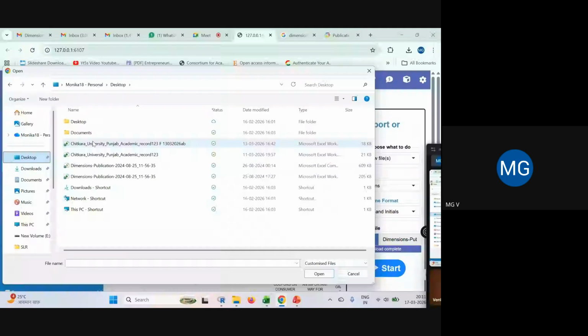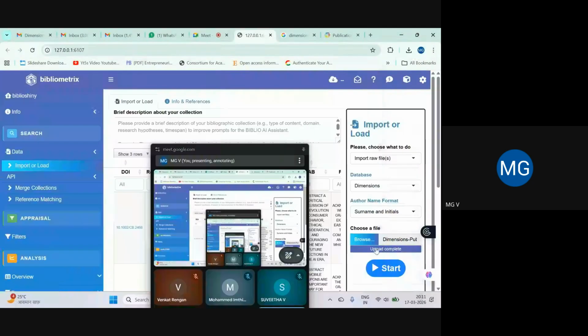Import raw files, dimensions, and browse. I have another data set with me that I obtained in a previous workshop. And start.